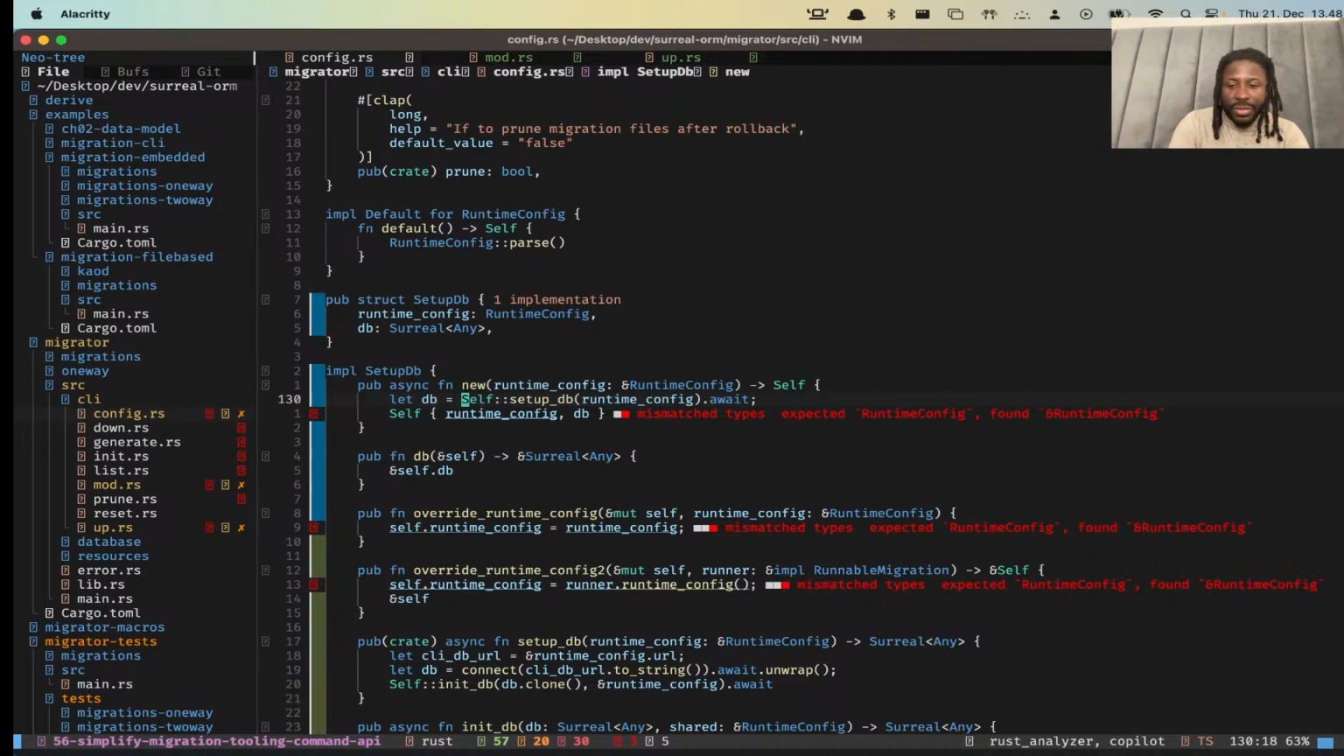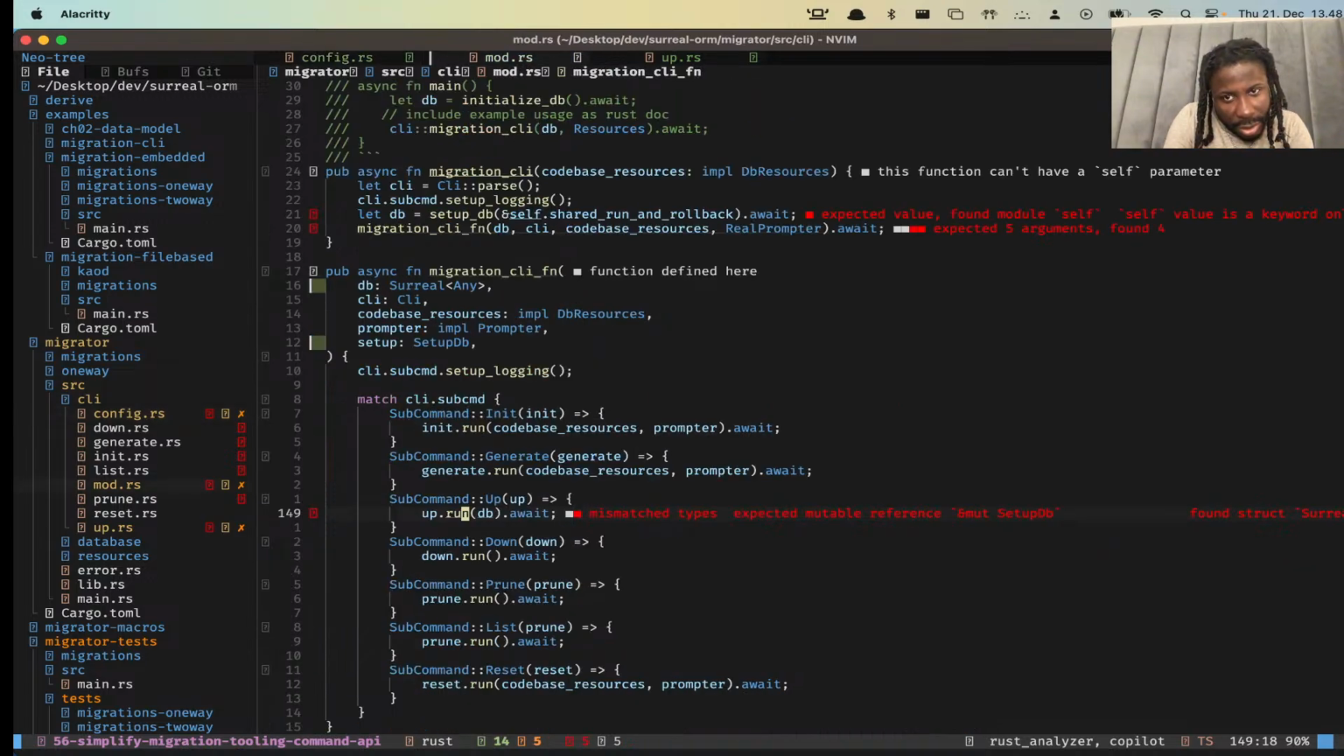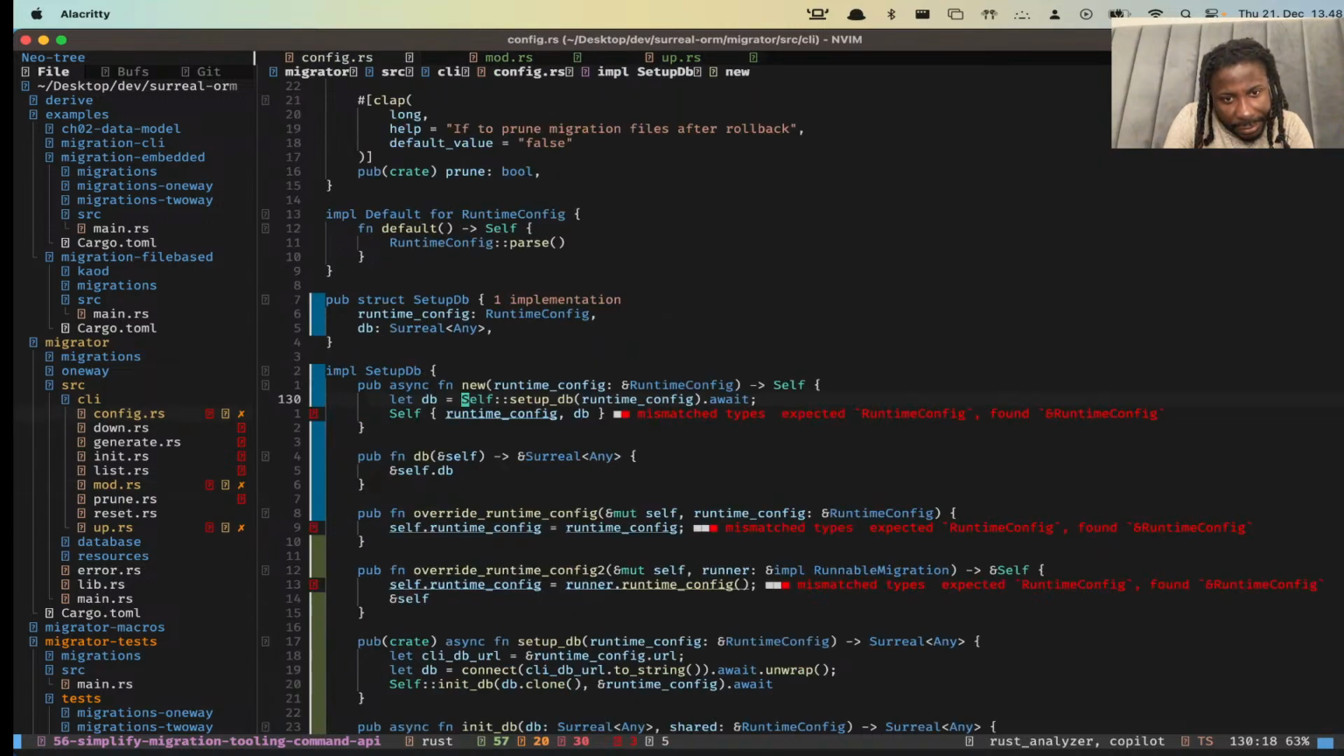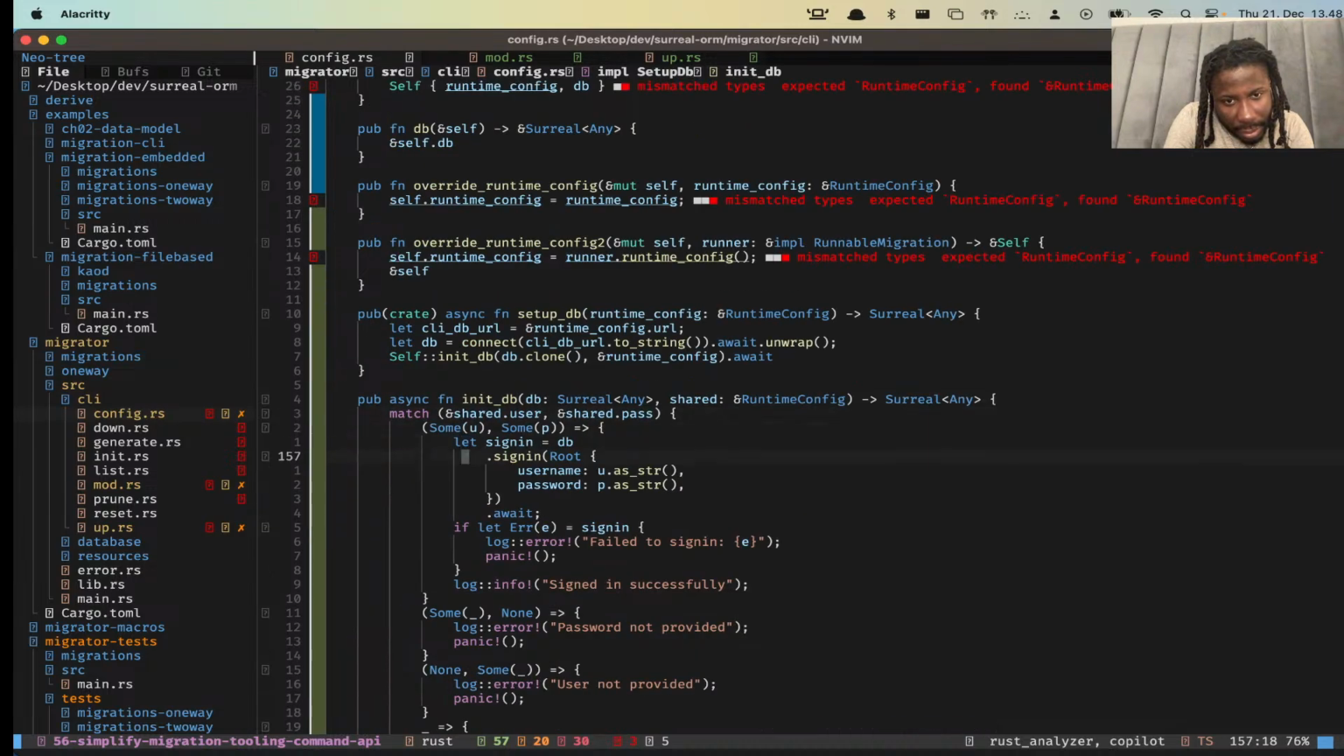It's gonna be a bit tricky to use this approach, and the reason is if we already instantiate the database,